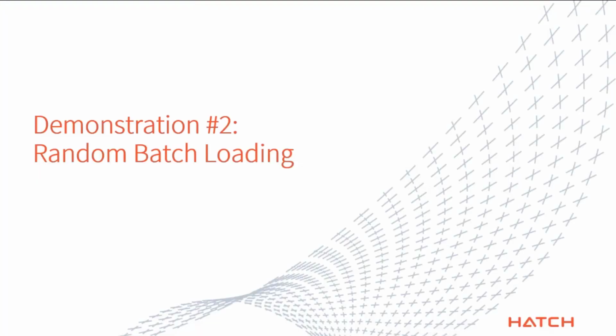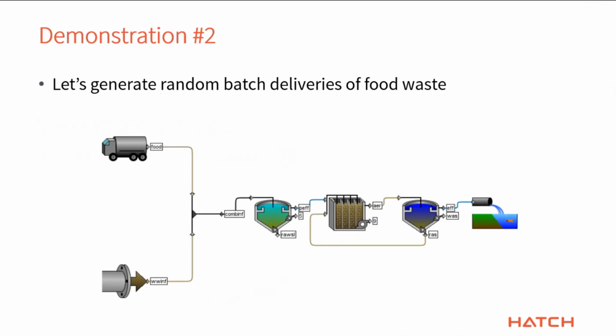Okay, so the next thing I want to do is make a little bit of a random event happen. By default, GPSX is a pretty deterministic thing. We don't implement any randomness unless you specifically want it. Adding a bit of randomness is an interesting technique to do sensitivity analysis on your model. What we want to do is generate a random batch delivery of food waste into this wastewater treatment plant. So here we're going to have essentially the same plant that I just showed you, but